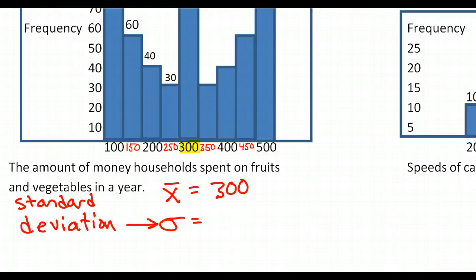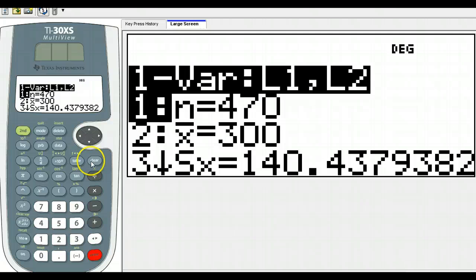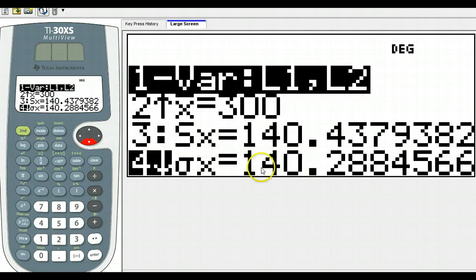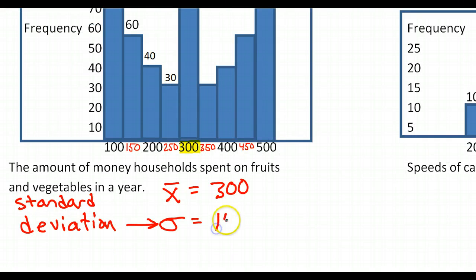Now that standard deviation guy. We'll scroll down to item 4. Item 4 is the population standard deviation. And it has 140.29. I'll round it to 9. Okay, so